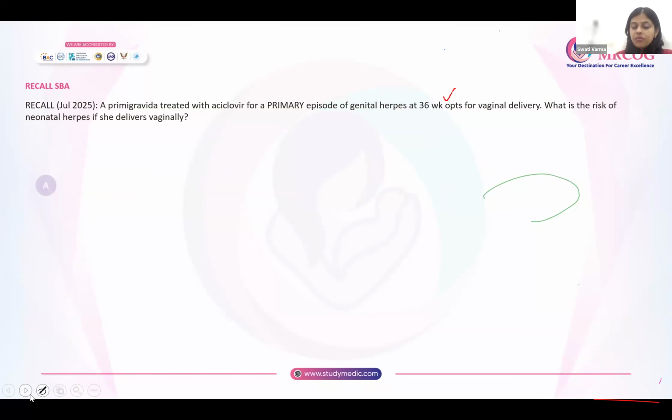Next, a primary gravida treated with acyclovir for a primary episode of genital herpes at 36 weeks opts for vaginal delivery. Now, primary opting for vaginal delivery, always keep in mind, primary herpes vaginal delivery risk is very high. So what's the risk of neonatal herpes if she delivers vaginally? It's clearly 41%. This number is very, very important, has been repeatedly asked. So please remember,